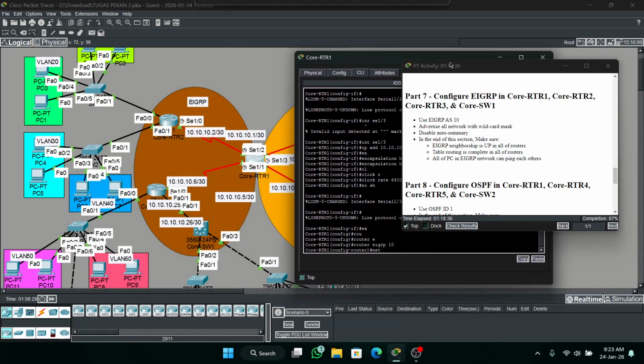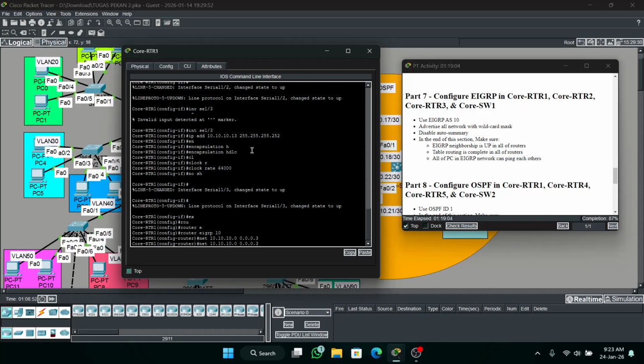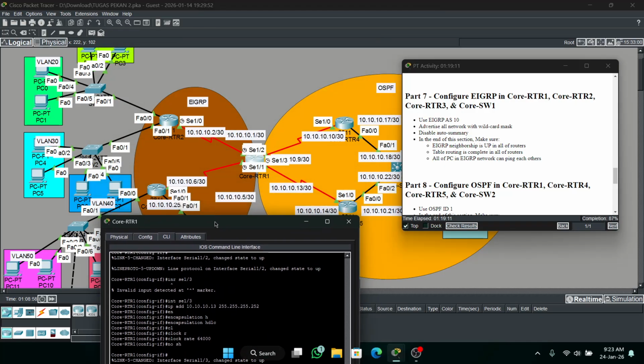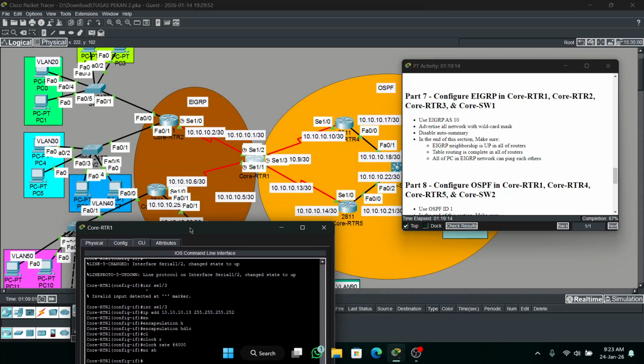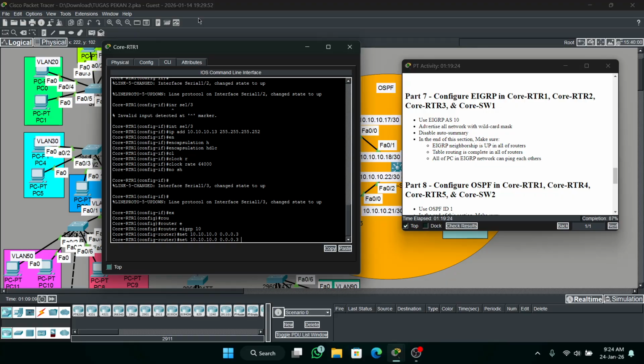Okay. .10 .0, wildcard mask is like this. Okay, then add again for the next one.